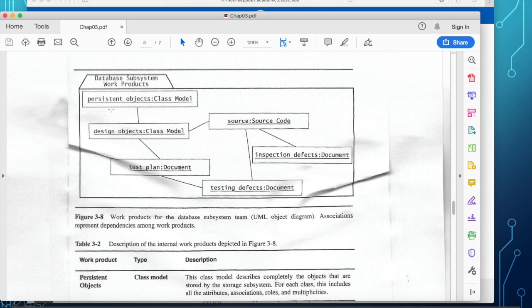So the persistent objects is the class model, the design objects, the test plan, and these two are models. These are documents: the test plan, the testing defects, and the inspection defects. And here is the source code. So the source code is being inspected and tested according to a particular test plan.